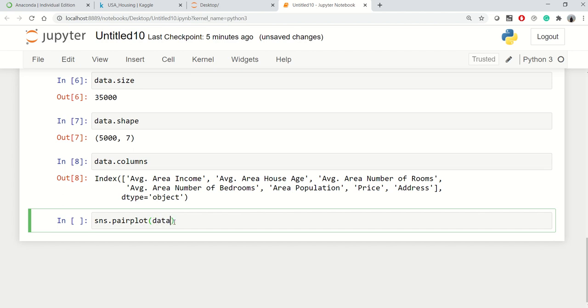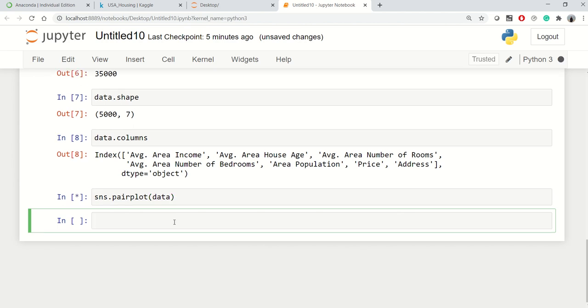So I'm passing my entire data frame, which is data, to it, and it will find all the numerical columns in my data frame and will try to plot a graph, like this. And since it is very big, it might take some time. So let's wait a bit.